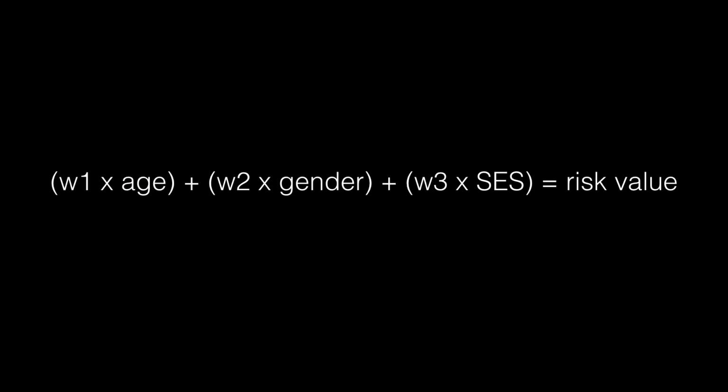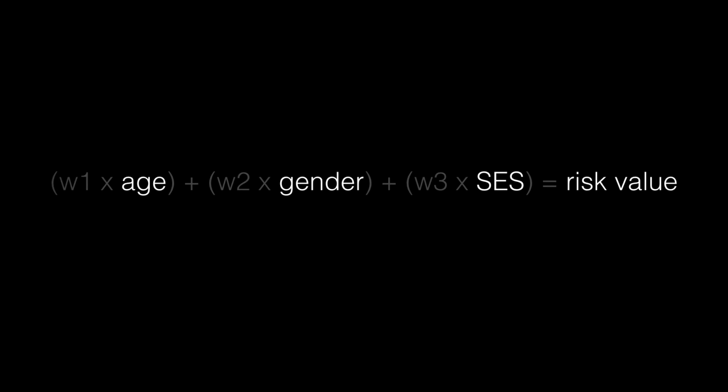We then use a statistical formula to combine the predictors, giving each variable a weight based on the past research, which has shown how strongly it is correlated with the criterion. It might look a little like this. In this formula, we have age, gender, and socioeconomic status, because presumably we have referred to research showing that these are important predictors of risk for the population that this prisoner comes from.